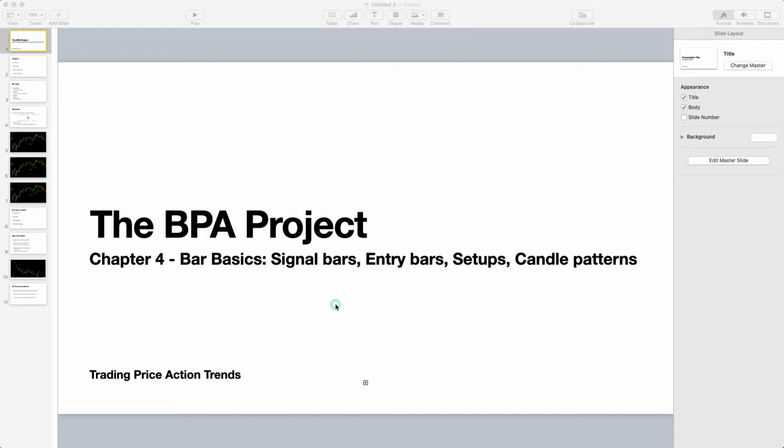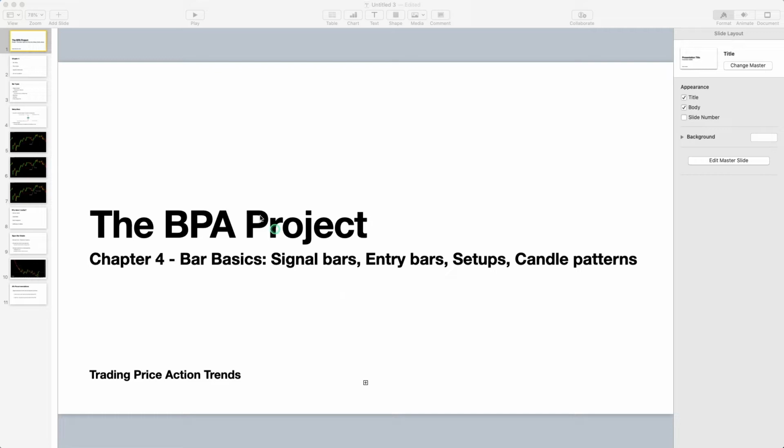Hey everyone. For today's video, I'm doing chapter 4 of Trading Price Action Trends. It's bar basics, signal bars, entry bars, setups, and candle patterns. It's a pretty short chapter. It's introductory, so it's only 11 slides. So we'll get through it pretty quickly, and then it'll set up the content for chapter 5, which is on